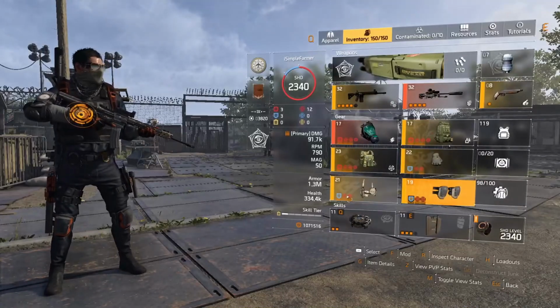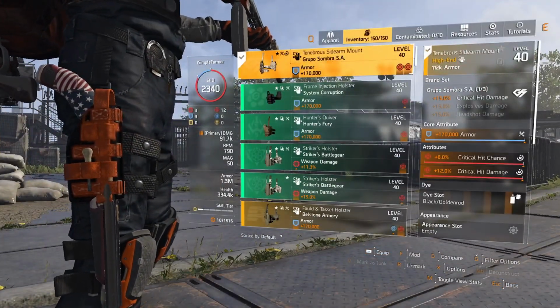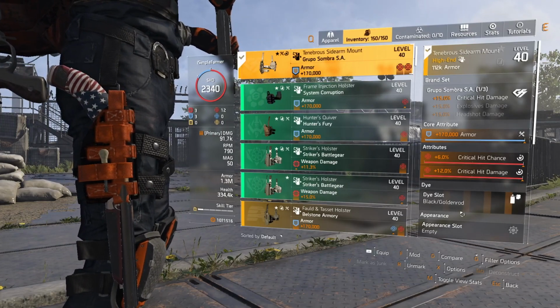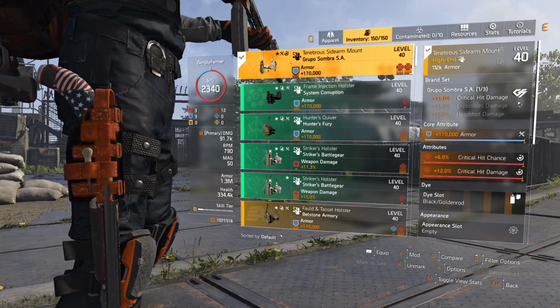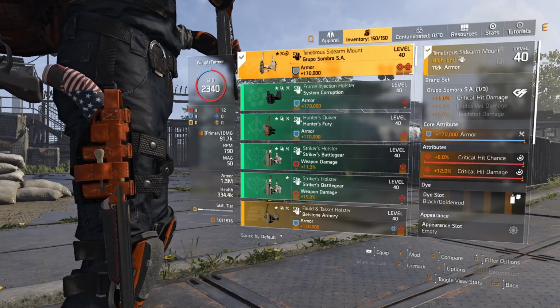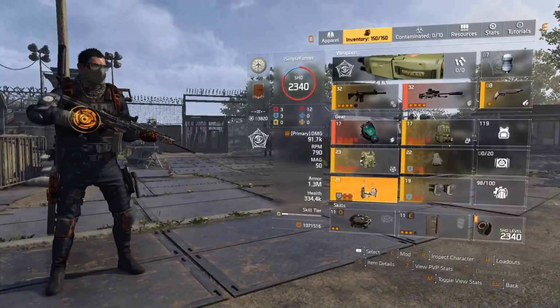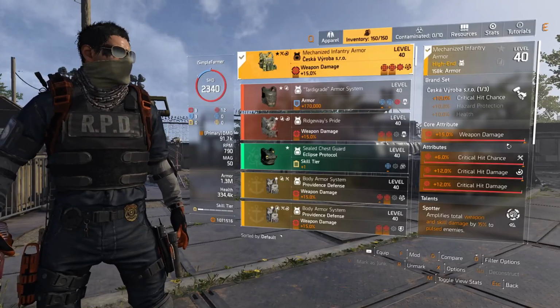For our holster, we have a Grupo Sombra holster with 170k armor, 6% crit chance, and 12% crit damage. And the brand bonus gives us an additional 15% crit damage for just having that one piece. It is absolutely amazing. Okay, for our chest piece, we are running a Ceska Vyroba chest with 15% weapon damage,